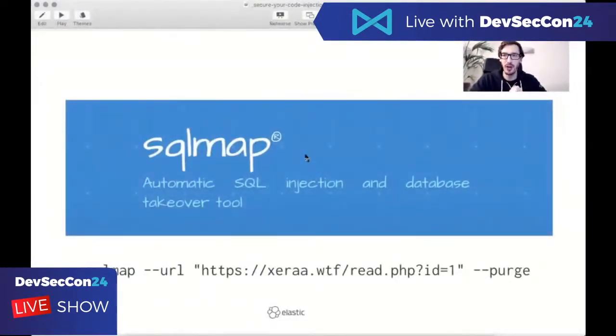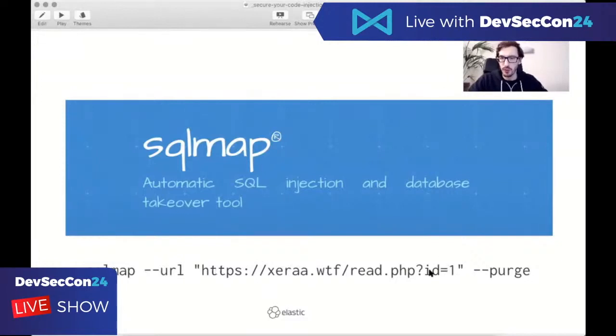a look with SQL Map of how this looks like. So what we want to do is, if you've never seen it, SQL Map is an automated tool that checks for SQL injections in databases and tries to take them over. Or it basically just scans and tries parameters in various variations to see what might be possible in a specific form or variable that you pass on, and then it will tell you, well, I found something that looks kind of suspicious here. And what you need to do is you need to run SQL Map against this URL,